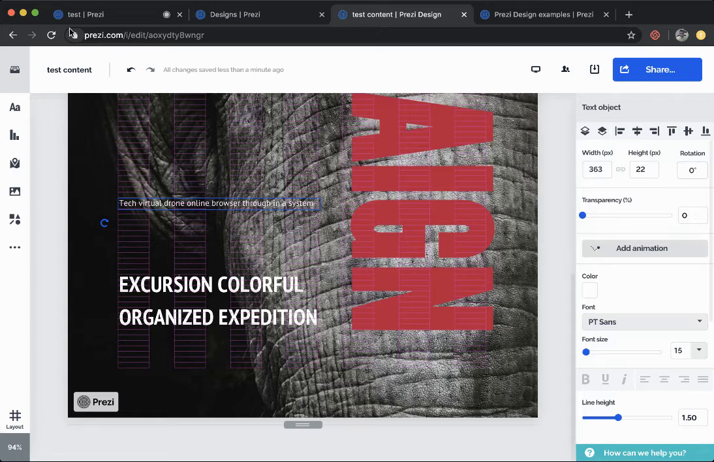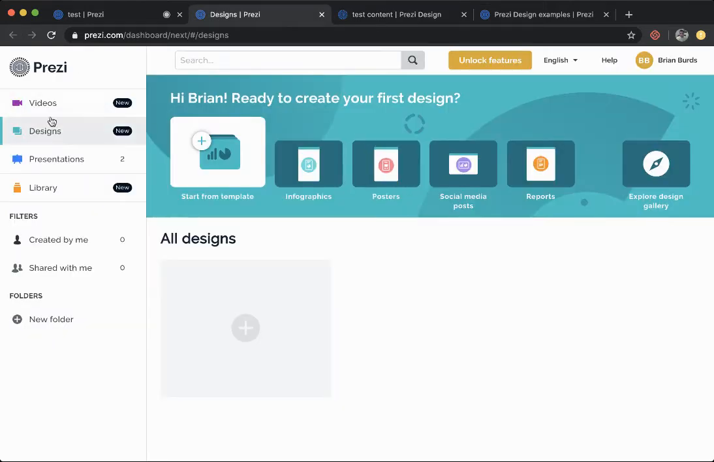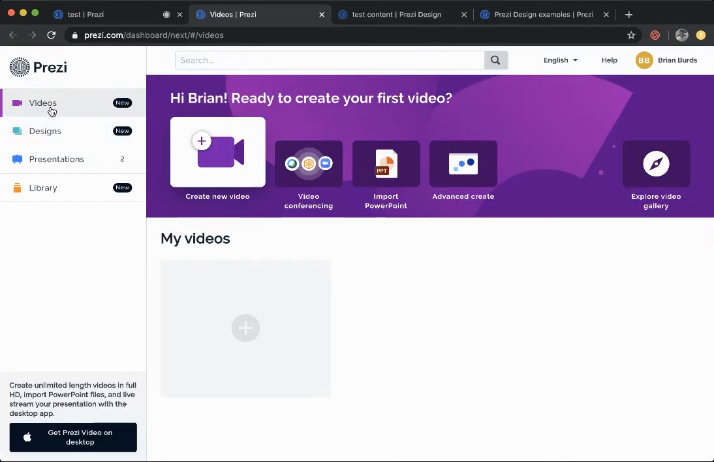So say you wanted to make a flyer or a poster of your recent closing. This would be a really cool tool that would allow you to do that. So just a few ideas. And then the last one is one that I've been using really resourcefully right now, and that is Prezi Video. So Prezi Video allows you to basically create content